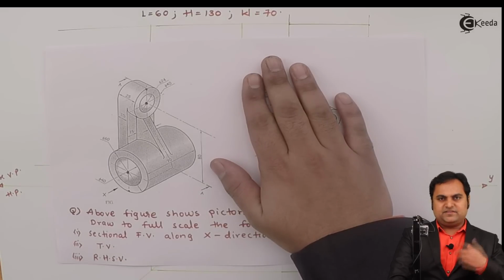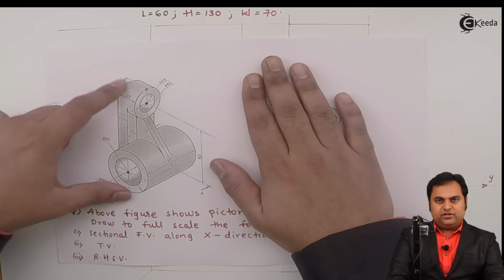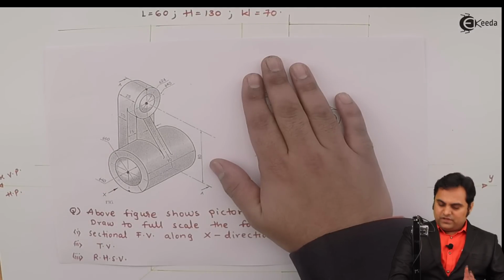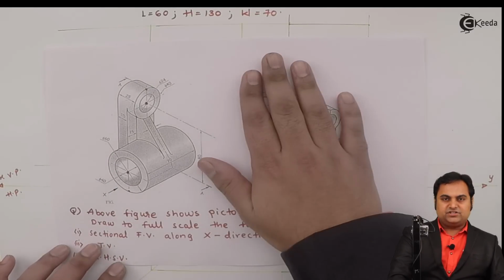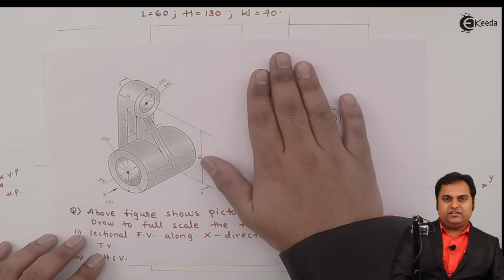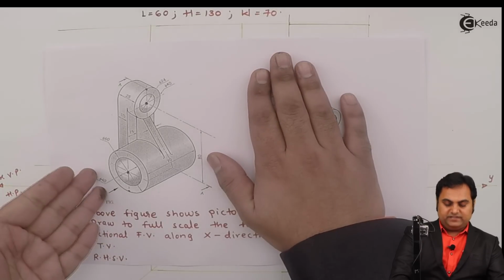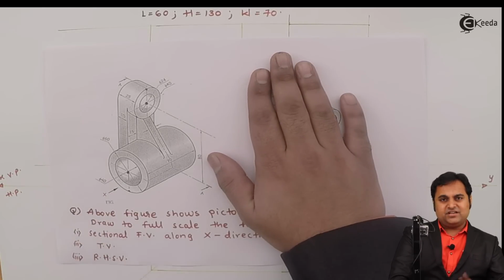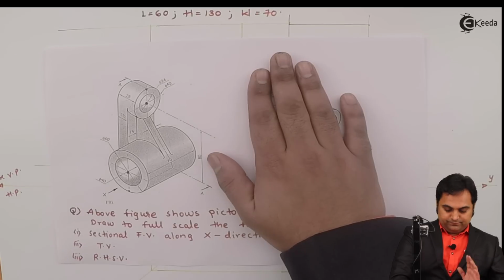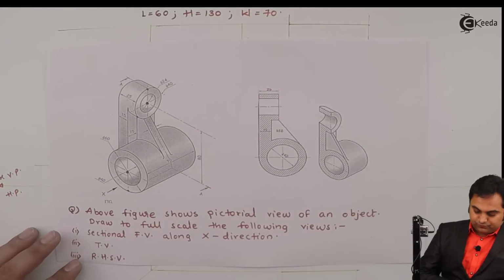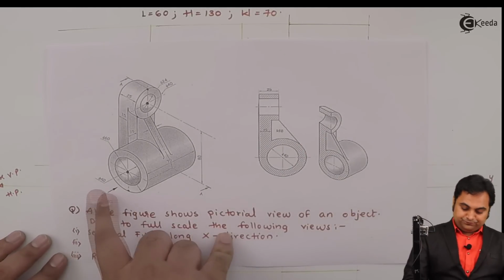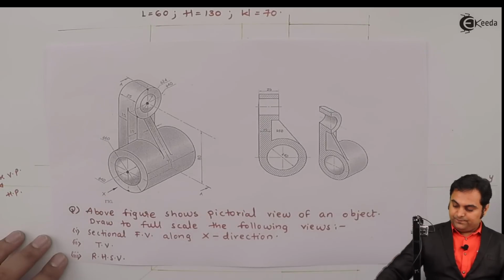I am assuming that this part is not there. And as I am explaining this, only this will be the question which will be given in the exam. This part is additional after cutting. This won't be given in the exam question. We have to just look at this figure and imagine how it will look after cutting. Now, when I am drawing the plain front view, looking along X direction,